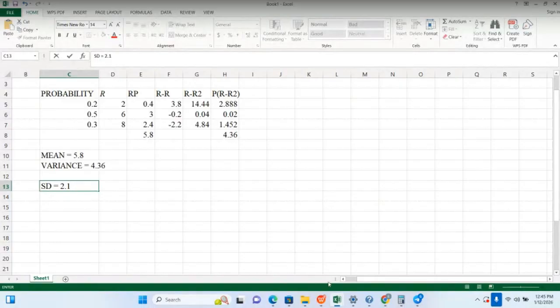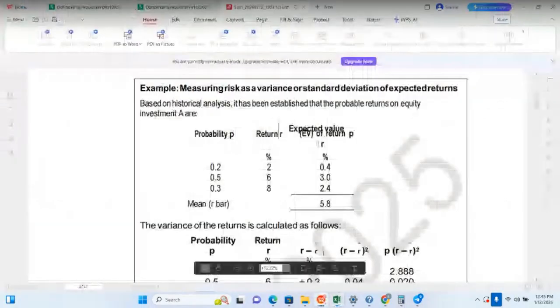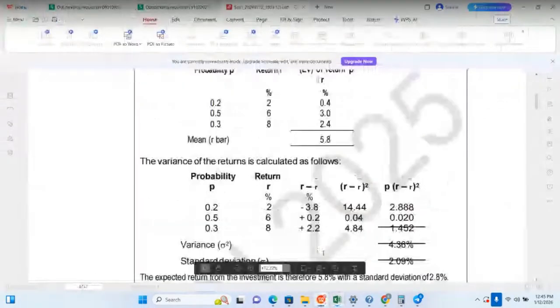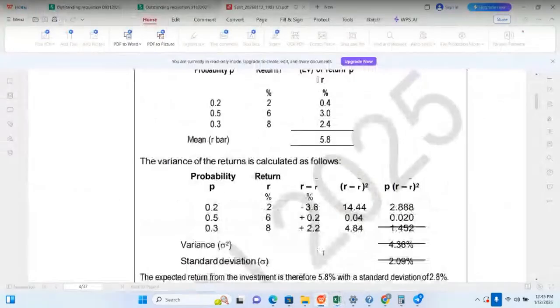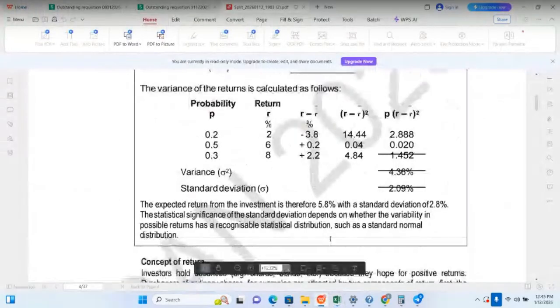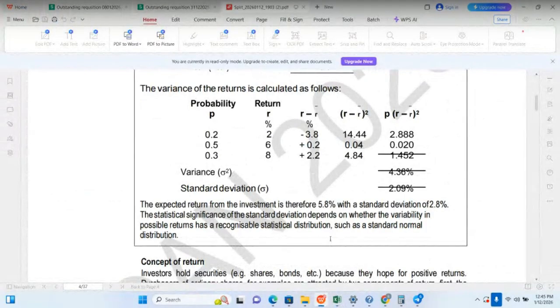So as you can see, they have the expected return and the standard deviation, 2.09. Our expected return, that is our mean, is 5.8 with the standard deviation of 2.09. The statistical significance of the standard deviation depends on whether the variability in possible return has a recognizable statistical distribution, such as a standard